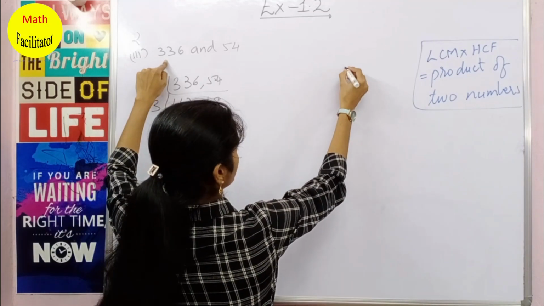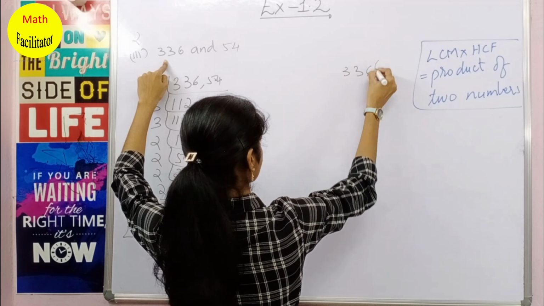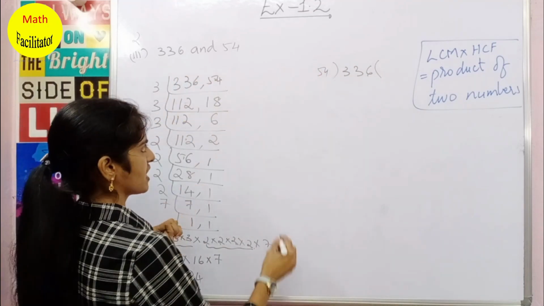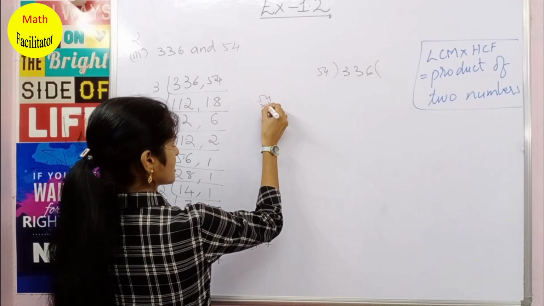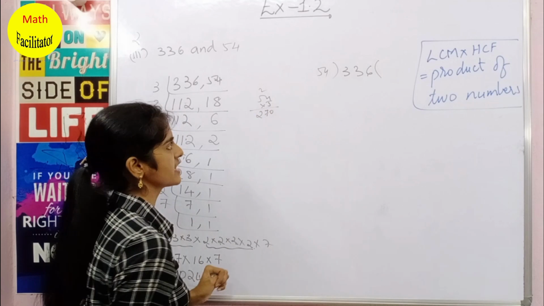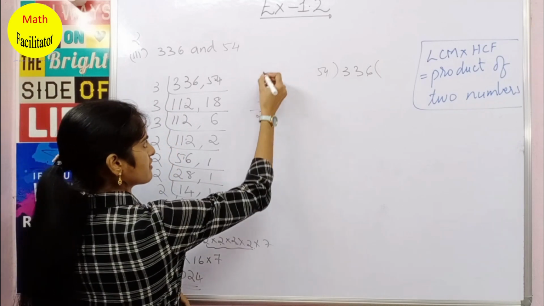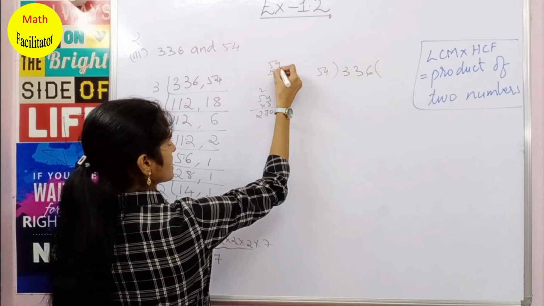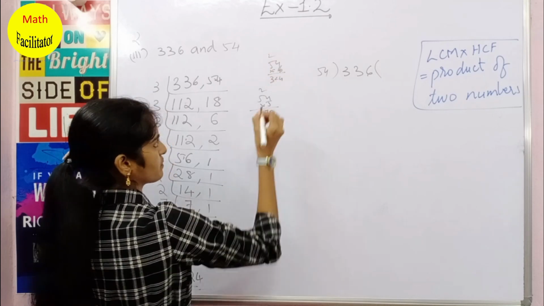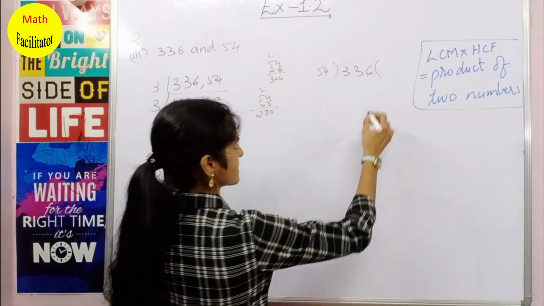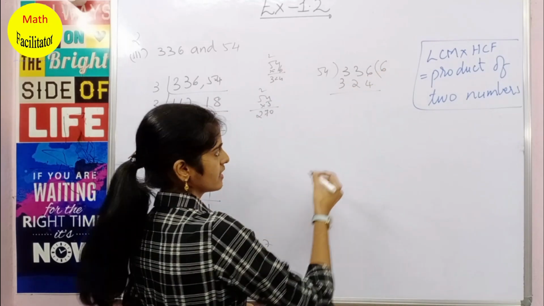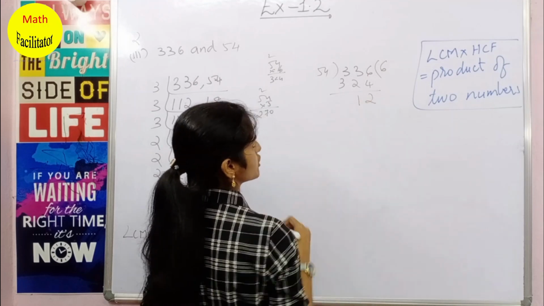So let us take the bigger number here, 336 divided by 54. Okay, so let me check. So 54 5s, I'll check first. So this is 20. 25 plus 2 is 27, 270. Now if you check 54 6 times, it will be 324. Okay, so let us check 6 times. 6 times gives you 324. Okay, so subtracting, you have 12.